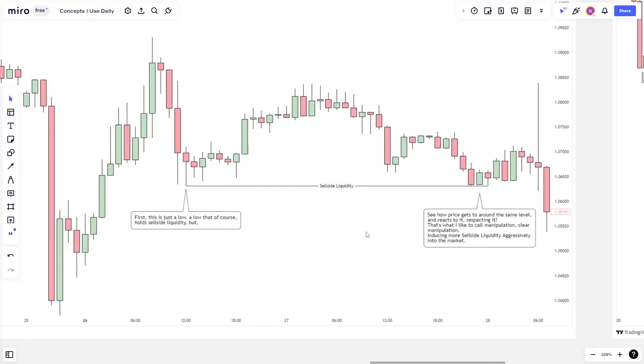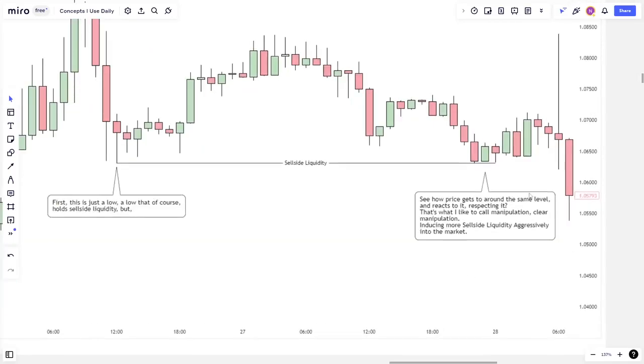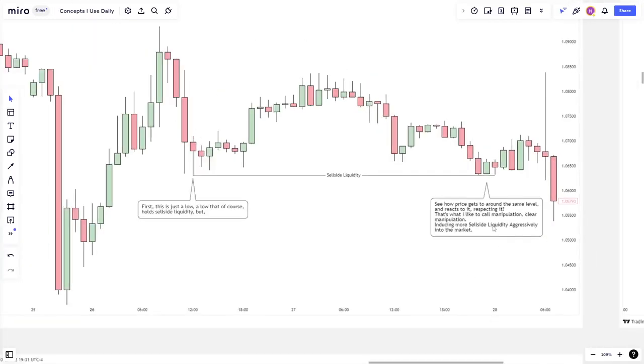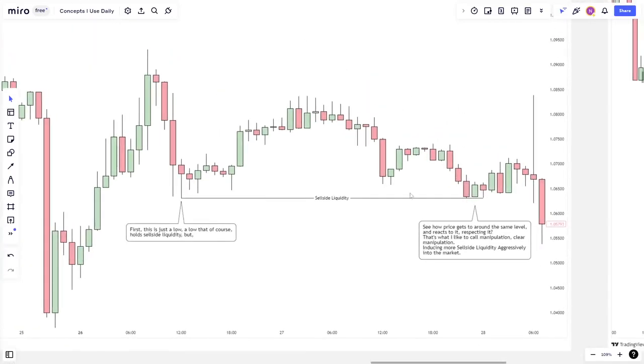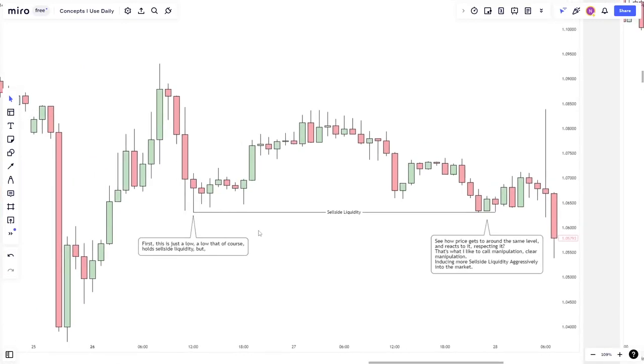Now, there's another concept that I will explain later, I believe, which is what I like to call manipulation. It's just, in this case, right, we already have liquidity below this low. Why do we have liquidity? Because you have to understand how retail traders look at charts like this. Well, not retail traders,